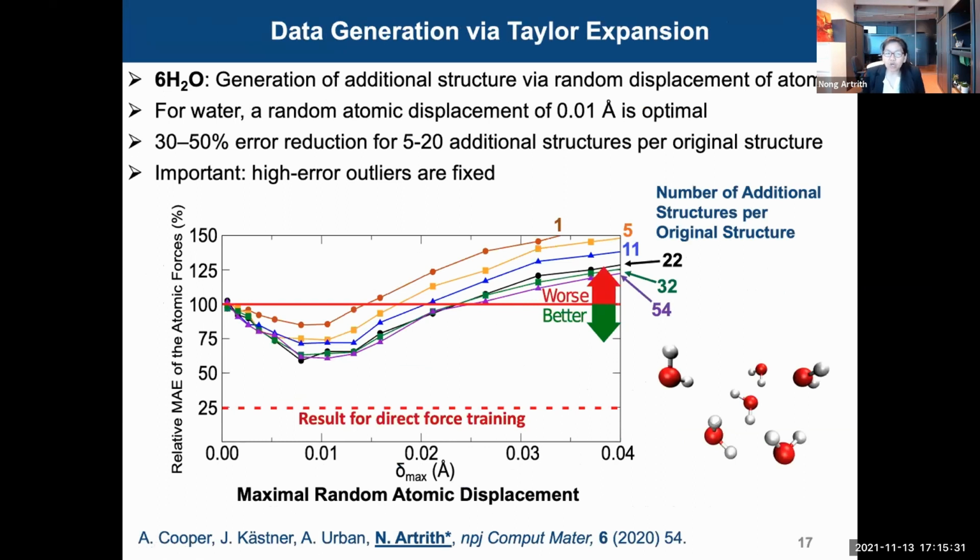As I already mentioned before, it really depends on the system. This is just an example of six water molecules. The x-axis is the maximum random atomic displacement that we introduce to generate more structures, for example a plus x and minus x of each atom. And this shows the relative mean absolute errors of atomic forces. You can see that for this data set, the distance that we introduced is around 0.01,